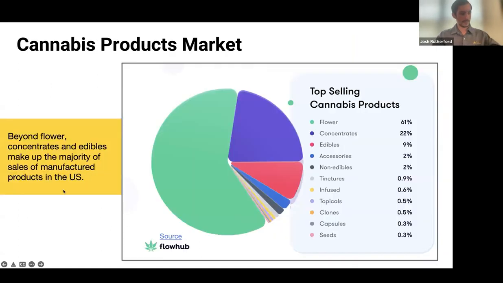Cannabis market, SKUs defined. One of the most important products here is obviously the flower market. You see that it is the top selling cannabis product. This was provided by FlowHub, which consolidated the entire product data of the United States to get this type of information. You can see 61% is the big flower market, but concentrate is one of the fastest growing areas within the